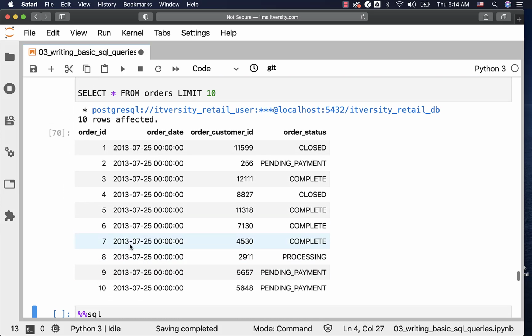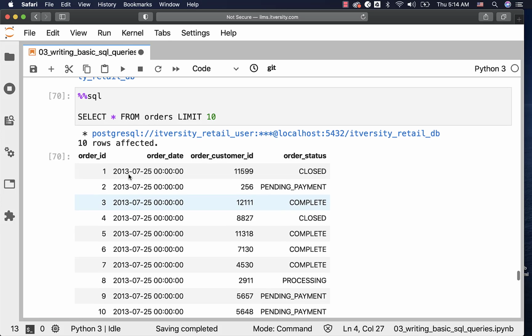In this case, data is sorted in ascending order by order ID. However, it is not guaranteed that it will be sorted like this because there is no order by clause. If I run the same query 10 different times, every time I might end up getting different results. Or if 10 different people run the same query almost at the same time, even those 10 different people might end up getting different results. It might be different, it might be the same, as long as you do not specify order by to sort the data in some order.